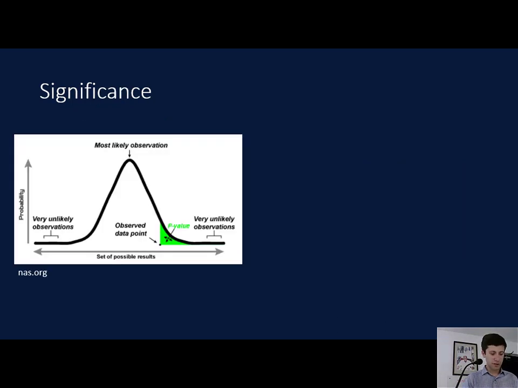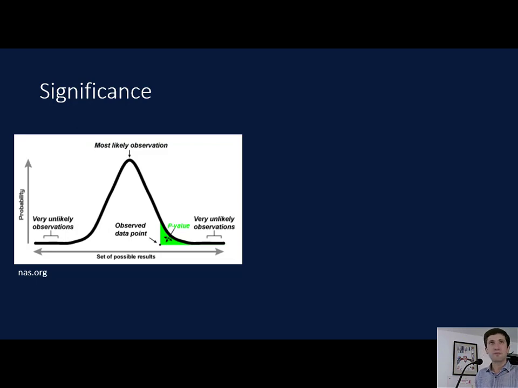So this is just another, probably a better illustration than the one I just used a moment ago, that shows us in the null distribution here, the normal distribution, this is the most likely observation. We can think of this as area under the curve. And this is clearly the highest point in our curve. Most likely data point we're gonna see is this. These observations are very, very unlikely if this curve